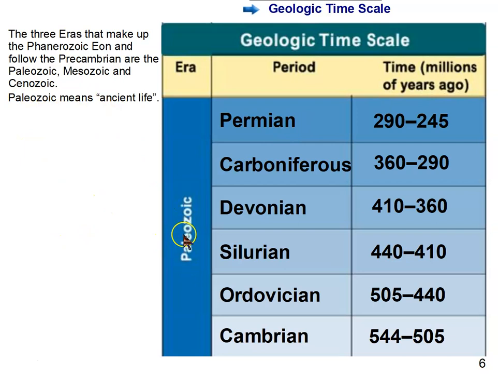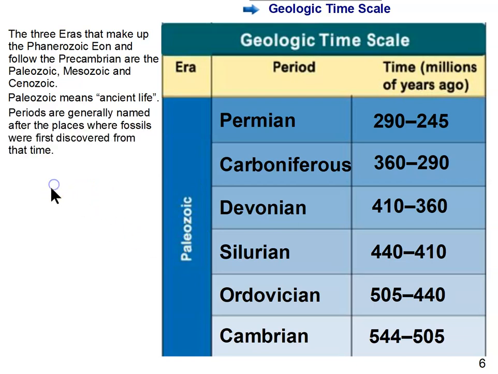Paleozoic means ancient life. There are a lot of parts of words here that end in zoic. Those are referring to life. Zoic, kind of referring to zoo or animal. So ancient life, Paleozoic. Just like a paleontologist studies ancient life. Paleo refers to ancient. The periods that I just read off for you are generally named for where fossils were